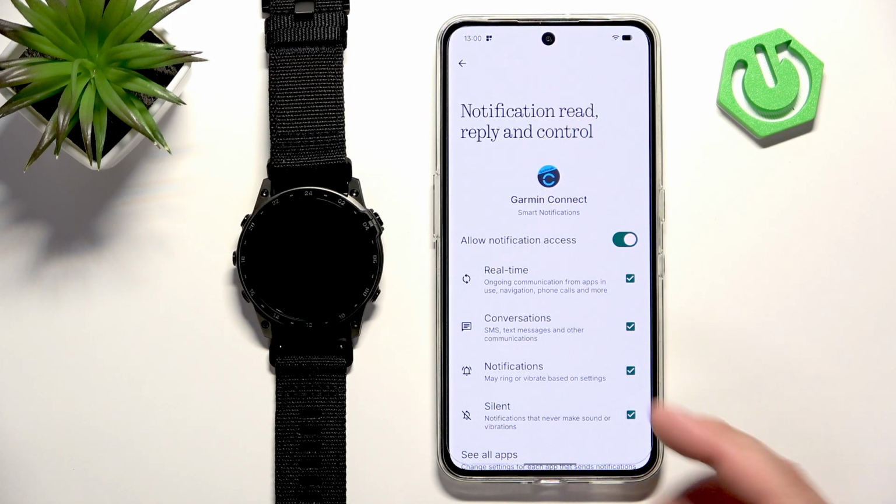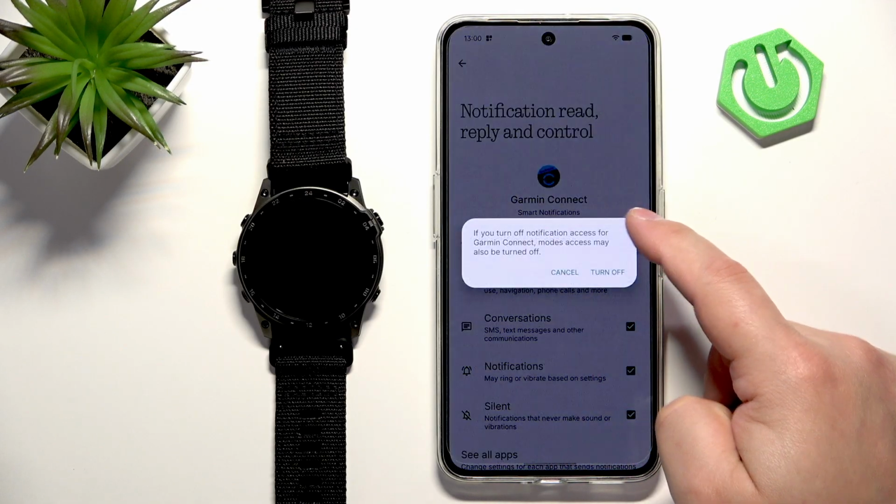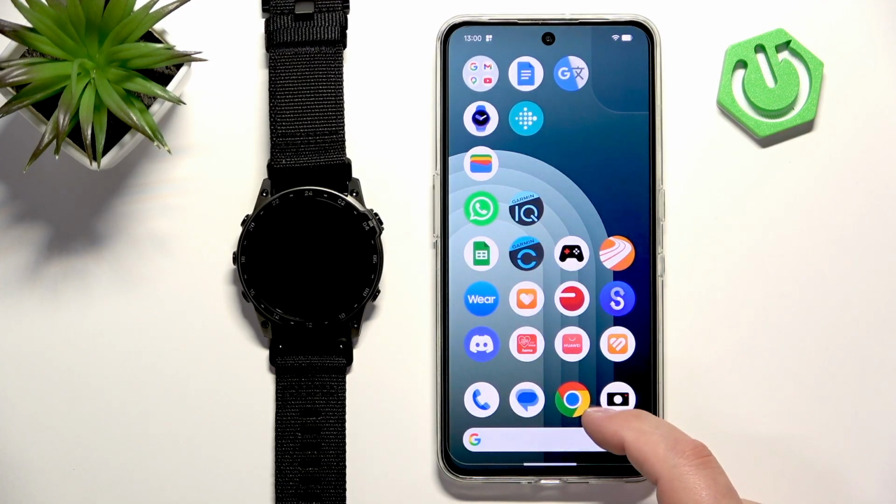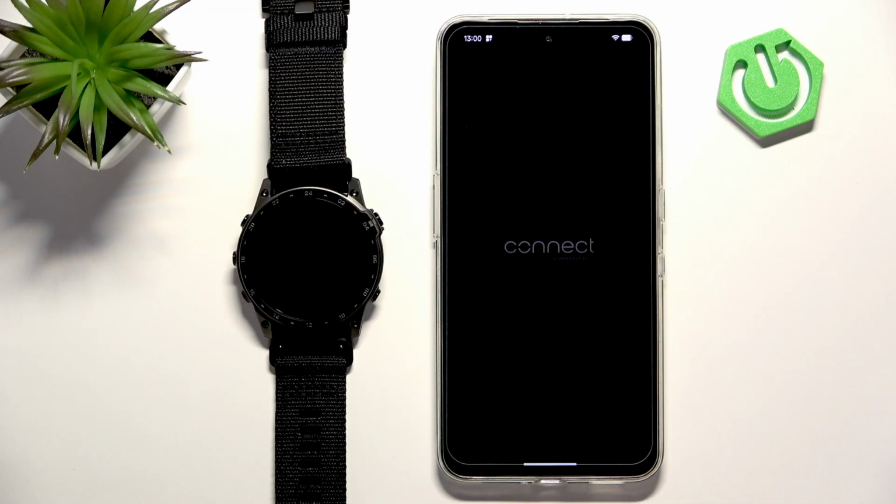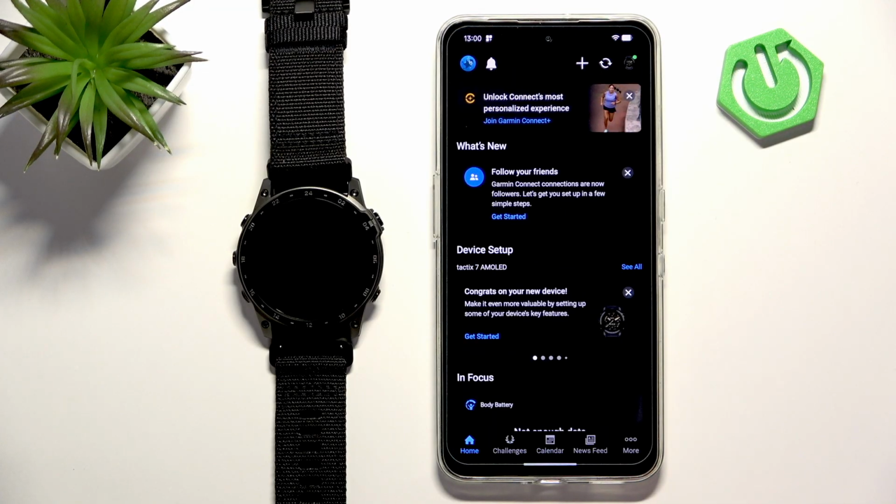Another option to reach this menu, if you can't find it, and the option is not enabled: usually the Garmin Connect app will let you know that this permission is disabled. So if you open the app, and the permission is disabled, you try to sync the watch with your phone, it should usually tell you that